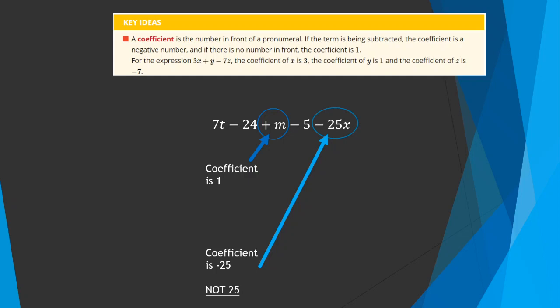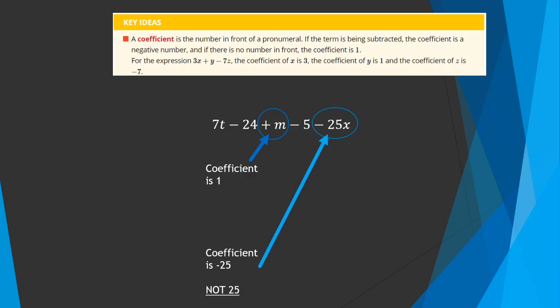And the one in orange, if we have a combination of numbers and pronumerals, and that number comes after a minus sign, well, the coefficient is not 25, but it's negative 25. So make sure you're always looking at whether the term starts with the plus or the minus sign on the left. Okay, so for the first one, the coefficient would be plus 1, and for the second one, the coefficient would